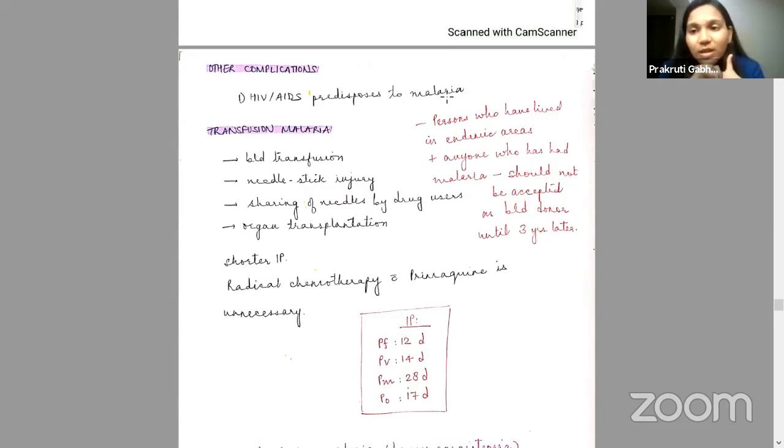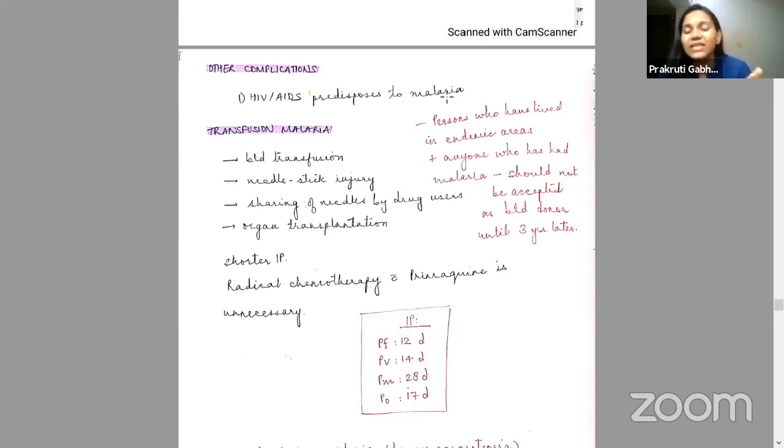And radical chemotherapy with primaquine is unnecessary, as we've already discussed. Now, people who live in endemic areas or people who have had malaria earlier, their blood is not accepted for 3 years, because the parasites actually remain alive and active in the blood during transfusion. Now, saying that during transfusion they have a shorter incubation period,